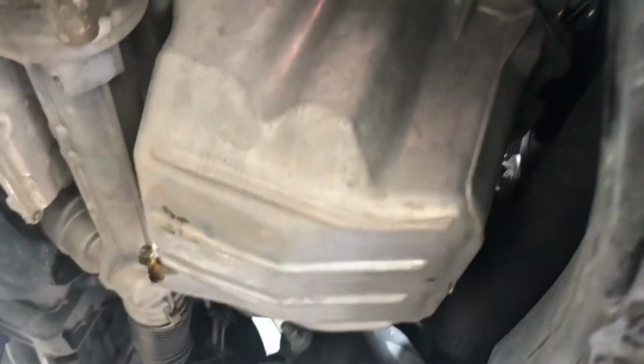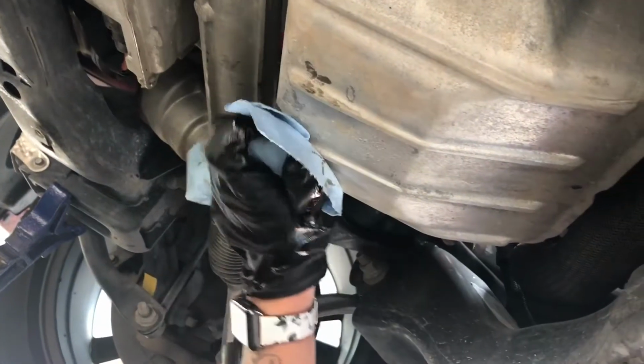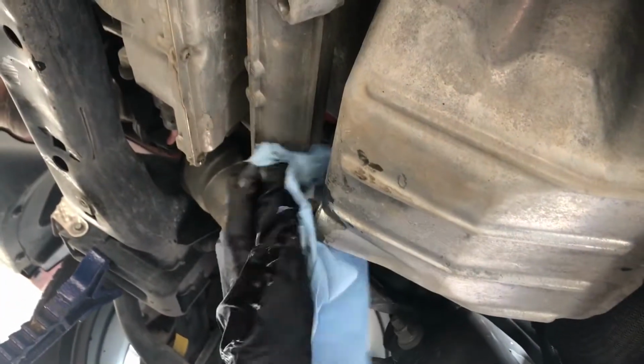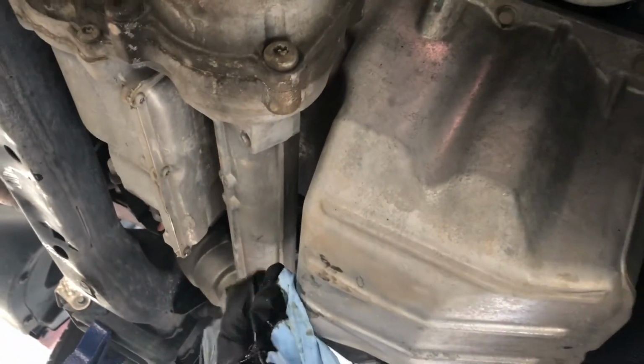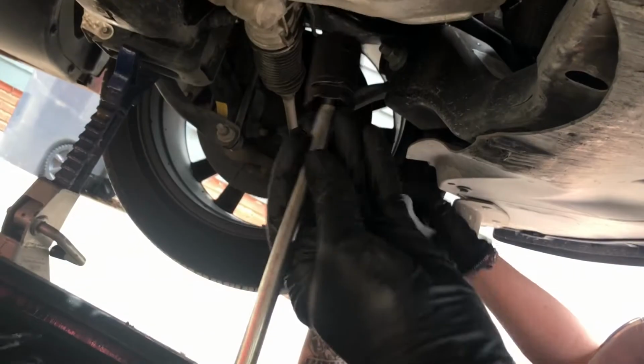That's good, love. Go ahead and clean the pan off. And then reposition this once you break the oil filter loose. So the oil filter